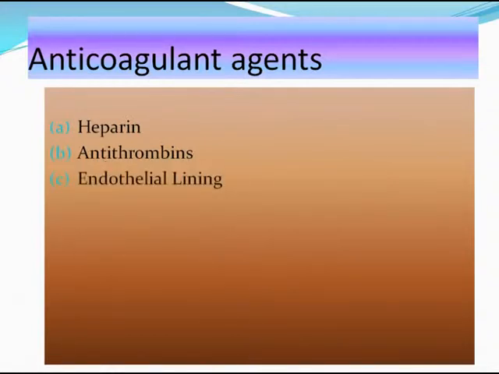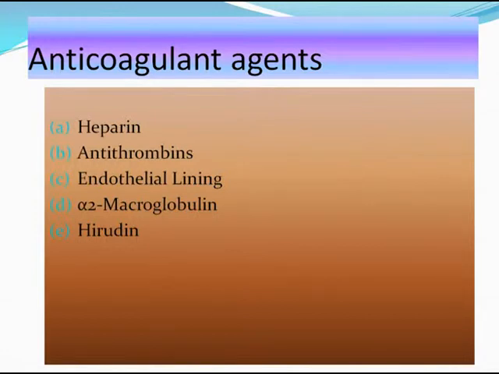Endothelial lining. Endothelial lining of blood vessels is smooth. It prevents contact with intrinsic clotting factors. Alpha-2 macroglobulin. It combines with coagulation factors and immobilizes the same. Hirudin. It is present in the saliva of leech. Leech pours saliva into wound of the victim. And what happens? The bleeding continues uninterrupted. So leech can therefore obtain the desired amount of blood.